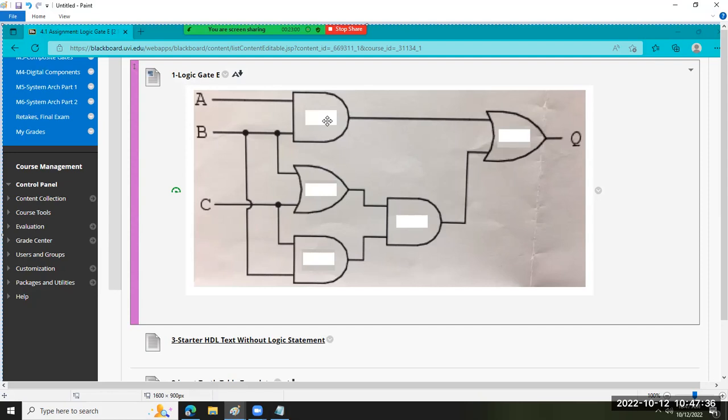If we were completely accurate about how we do things for hardware, we'd say AND sub 0, because the first component in any digital configuration is always numbered zero. Like disk zero, USB zero, network card zero, NIC or network Ethernet zero, that kind of thing. So that's what we're dealing with. So you could say AND sub 0, you could say AND sub 1,